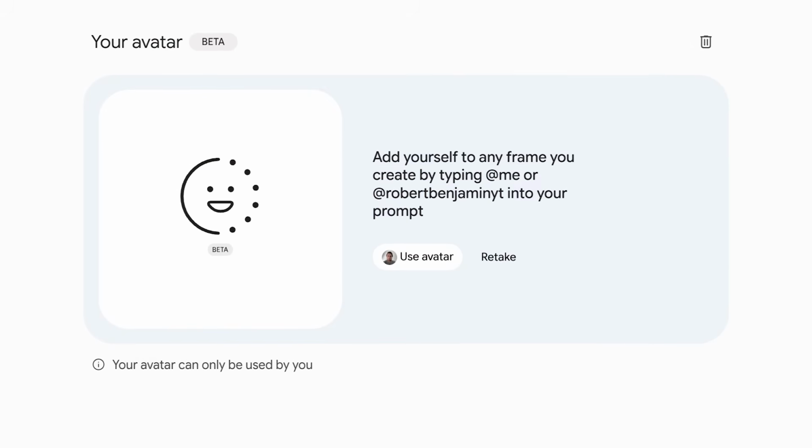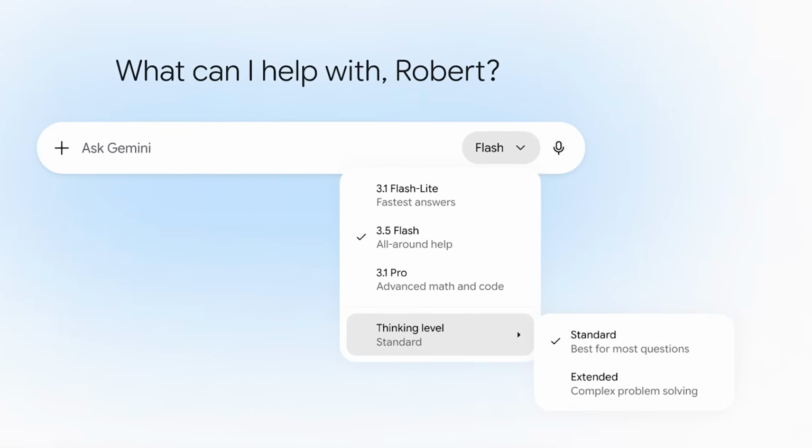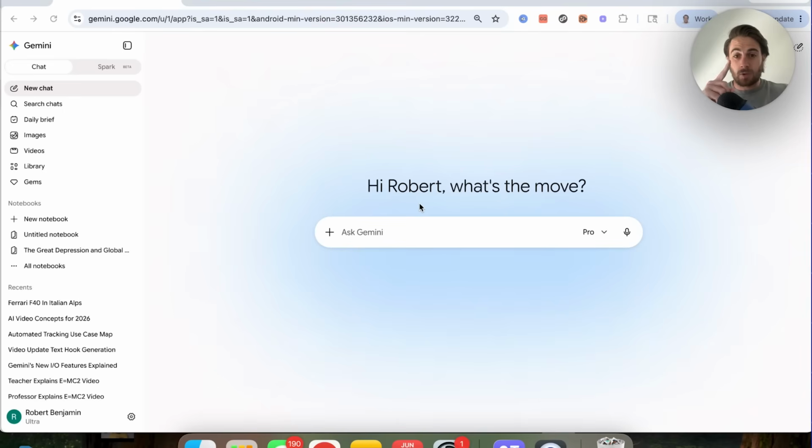Google Gemini just released a bunch of brand new ways for you to be able to automate your work and a bunch of new changes that you probably haven't seen yet because a lot of these things went under the radar. But by the end of this video, you're going to know what all these changes are and how to take advantage of them. Google Gemini change number one that I wanted to make sure that you're aware of is